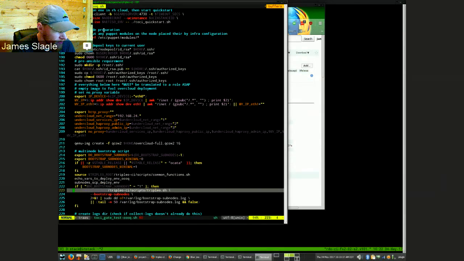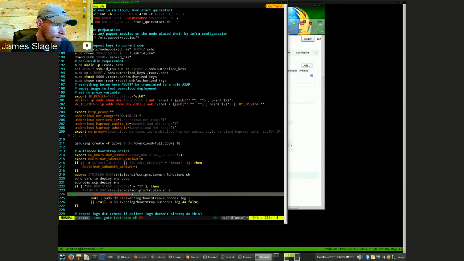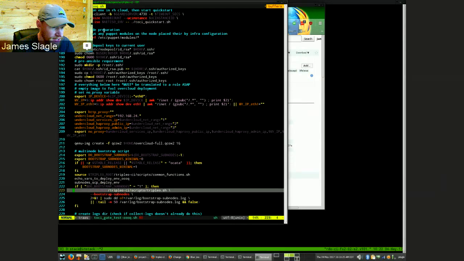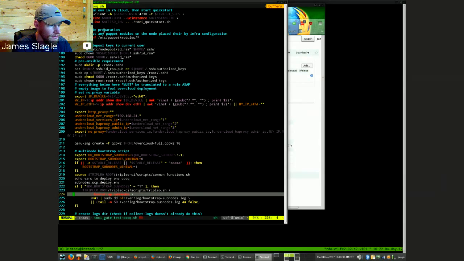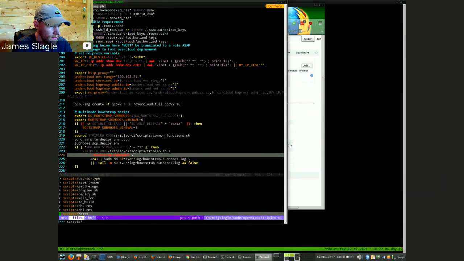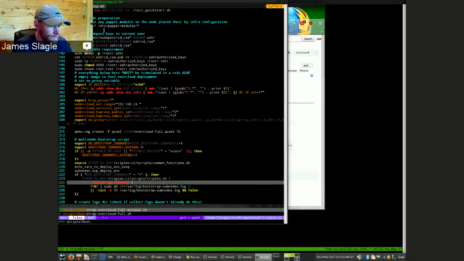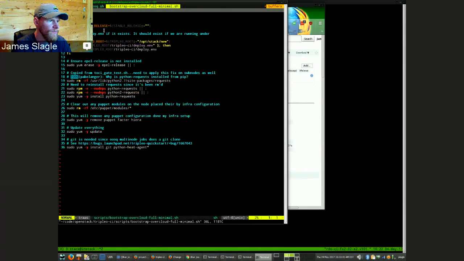Not too much more interesting down until we get to about this part here. What we're doing here is we're calling into TripleO.sh -- bootstrap subnodes. And what this is going to do is it's going to run a script on each of the subnodes, and I'll go ahead and bring that up. It's going to run this script on each of the subnodes